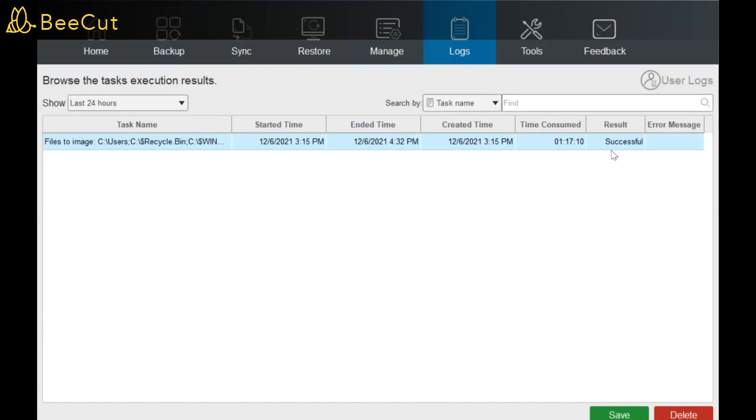And here, as I said earlier, we can see the result whether the backup is successful or not. If our backup is not successful, we can see the result as failed and the error message will appear here. If you want to delete this log, you can click Delete, or if you want to save, you can click Save.